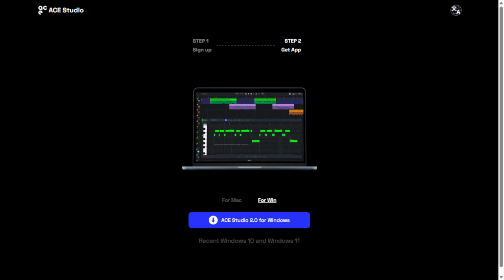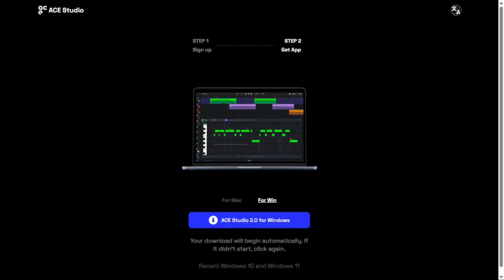After clicking on Google login for free and following through, it comes to this. Download Ace Studio 2.0 for Windows, recent Windows 10 and Windows 11. So I am going to click on the download.